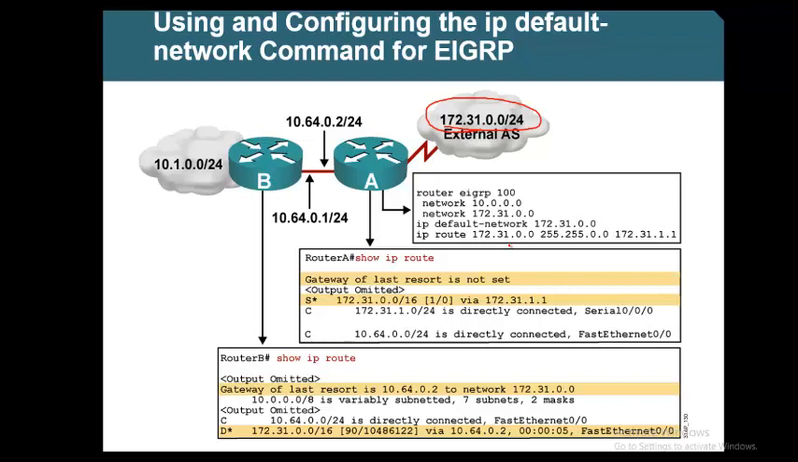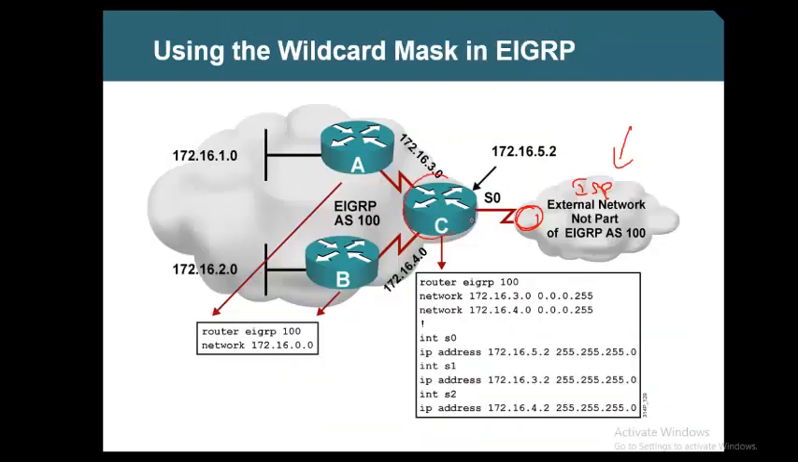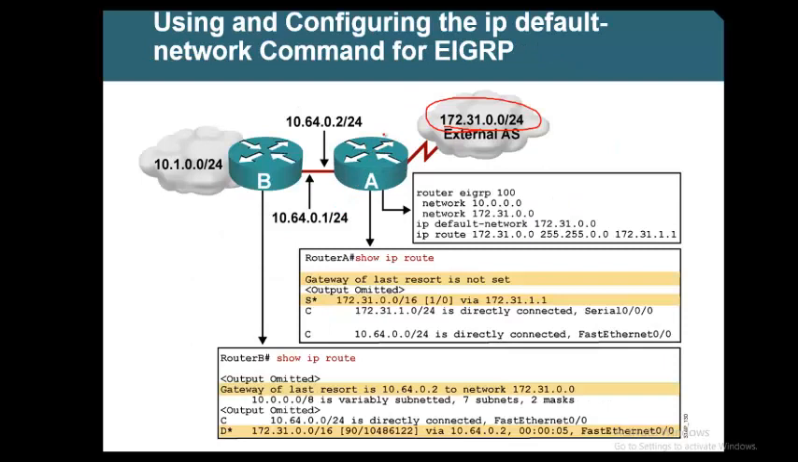So what we do is we go to this router, the edge router. Inside you have a lot of routers like A, B, C, D. We go to this edge router and say, hey, this is the network of ISP, meaning this is the default network. Default means what? That's the only hop. So we say ip default-network 172.31.0.0